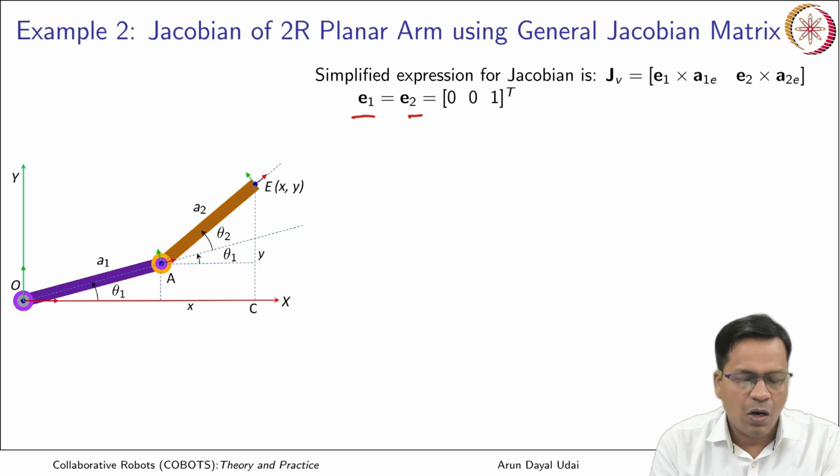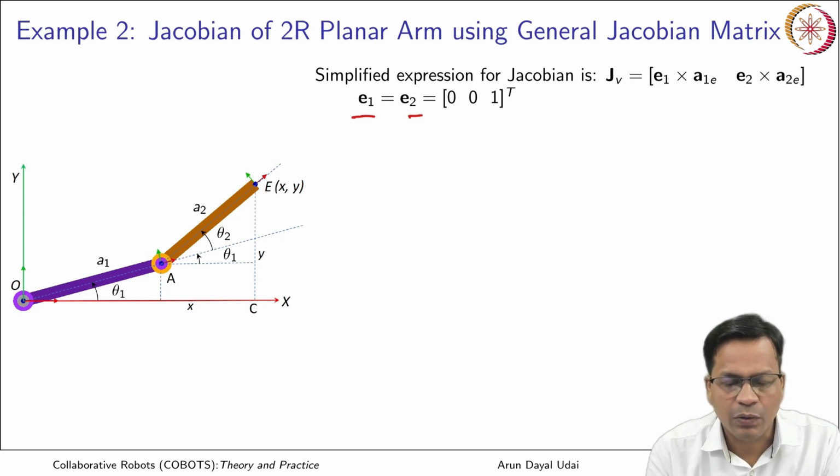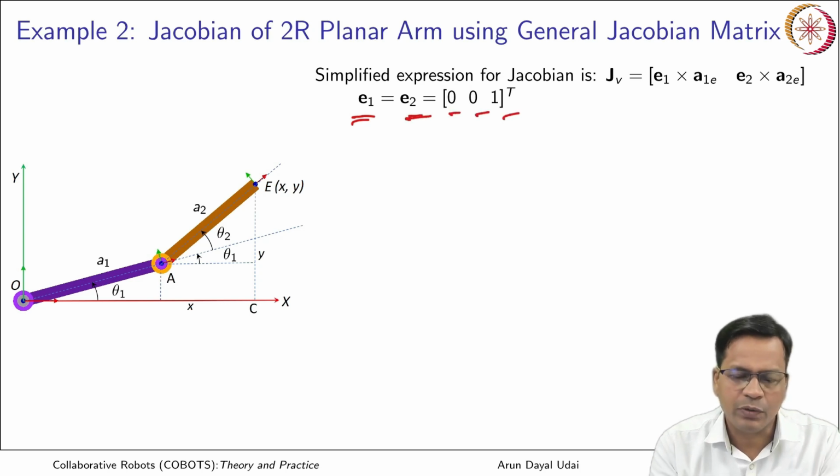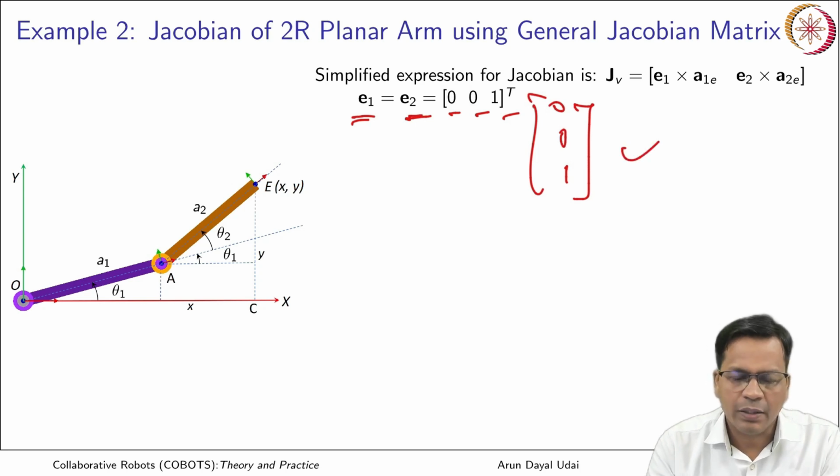So z is out of the plane of this. So you have z1, you have z2, both are here. So that is here. So they can be written as E1 is equal to E2 is equal to 0, 0, 1. They are unit vectors. I have transposed it to make it compact, but actually it is like this. So these are the z axis, and then